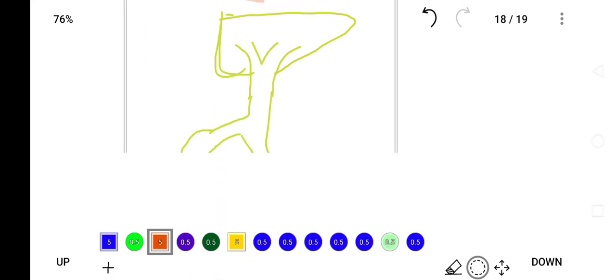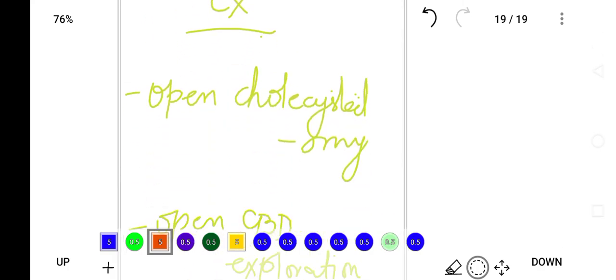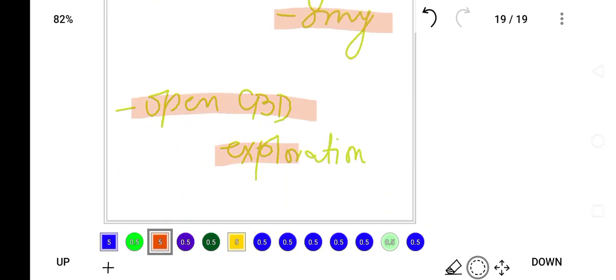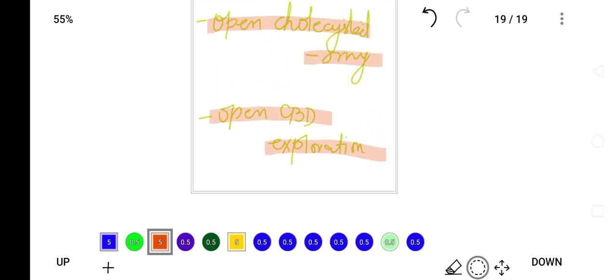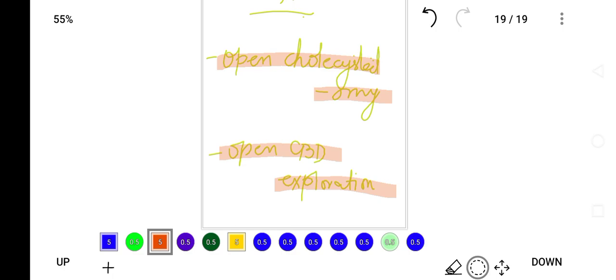Lap chole can be there, and pre-operative laparoscopic CBD exploration is a treatment option for choledocholithiasis, or open cholecystectomy can be performed, or open CBD exploration. So these are treatment options for a patient having choledocholithiasis. So in this way we can treat the patient of choledocholithiasis, and the patient will present with right upper quadrant pain. There will be no palpable gallbladder, no hepatosplenomegaly, and obstructive jaundice will be there. So in this way we perform the labs and treat the patient.